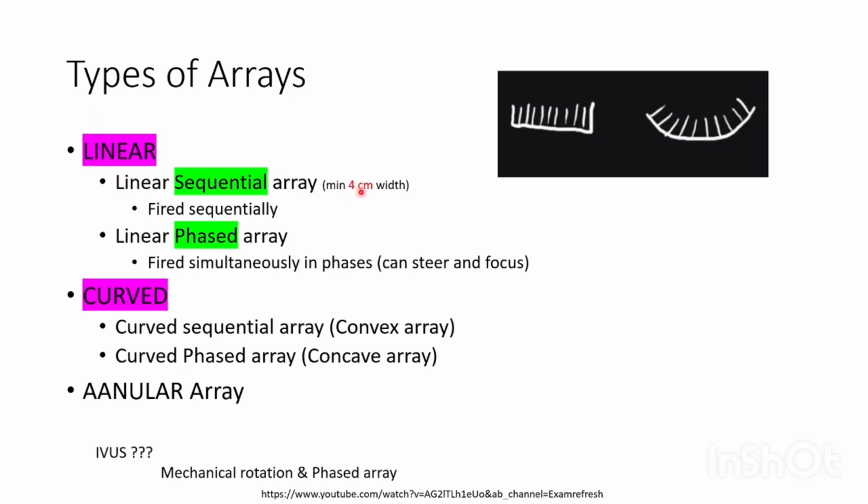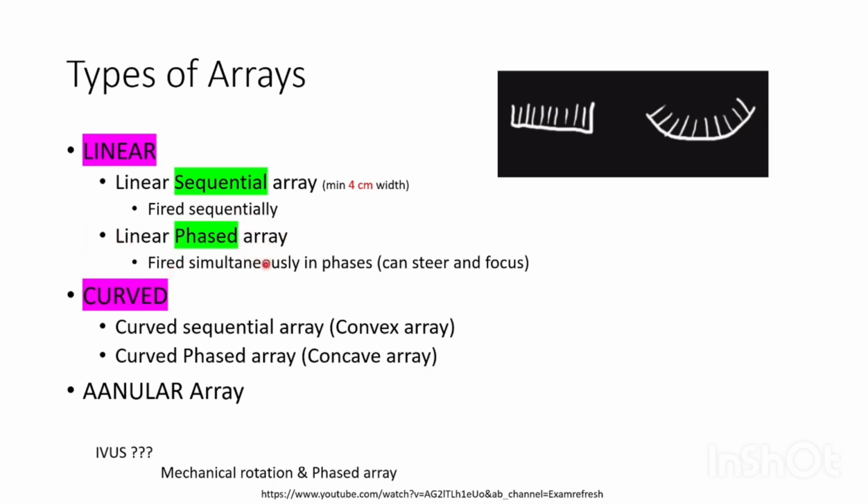Linear probes are the wide probes we generally see. In the linear sequential array, each of these piezoelectric crystals is fired sequentially. In a phased array, which is the typical one we have to concentrate on more because our cardiac probe is a phased array probe,